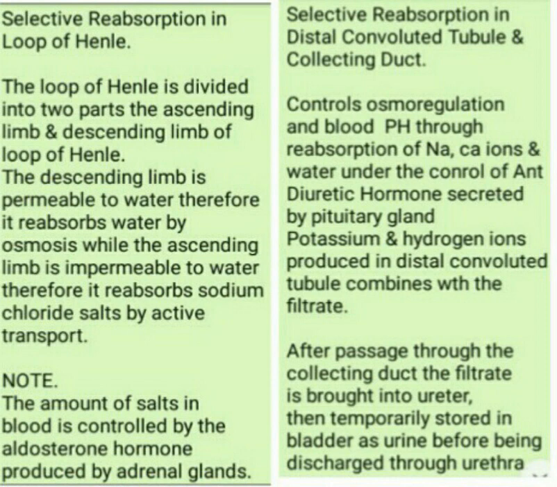So the volume of urine depends on the length of the loop of Henle. The longer the loop of Henle, the smaller the volume of urine produced. And the shorter the loop of Henle, the higher the volume of urine produced. So this is why